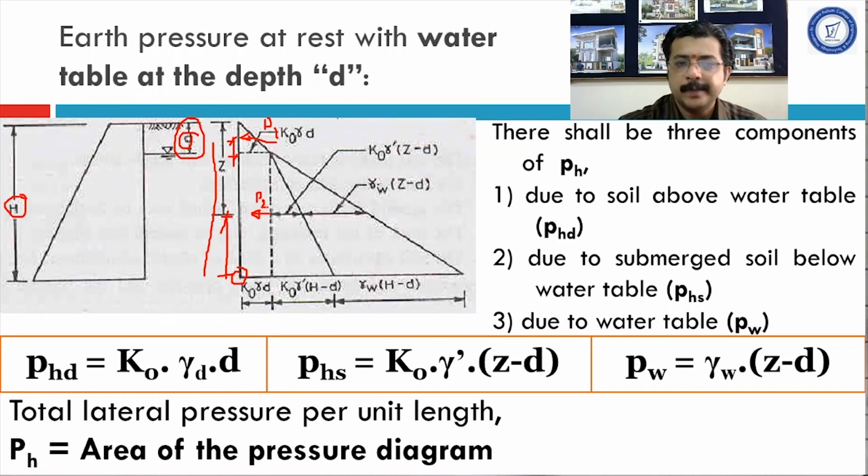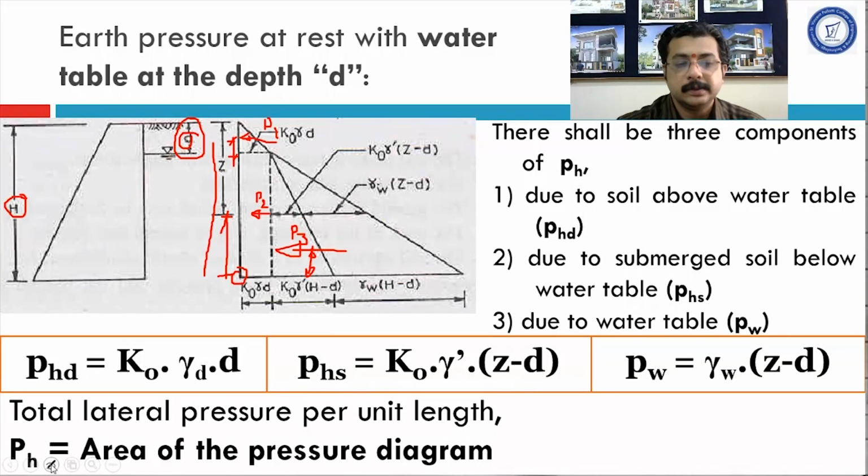Third is the moment produced by this triangular portion due to submerged unit weight. So that pressure P3 will be acting here, which is equal to half base into height, right? And this vertical distance is going to be one-third of the height of the triangle. How much is the height of this triangle? The height is capital H minus small d. Hence (H minus d) divided by 3. Okay, that will be the lever arm for P3. So again, the third term of the moment is ready with us.